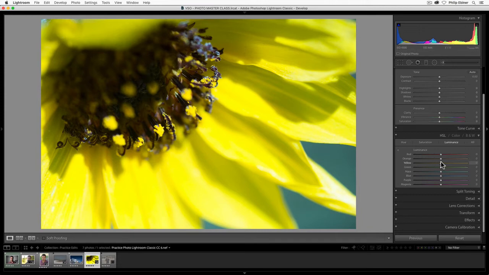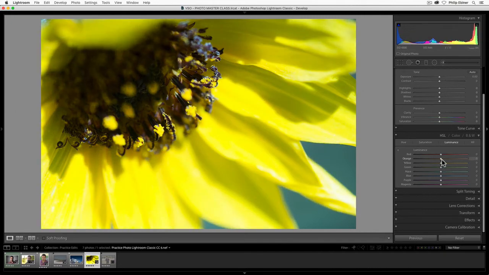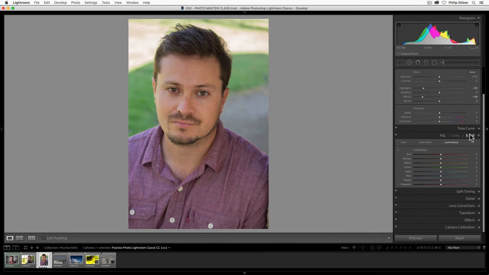So if we want all the yellow to be a little bit darker, we can drop down the yellow slider. Brighter, we can bring it up. So this is a cool example. Let's go to this photo because this one has multiple colors where we could say we want to make the background desaturated, this green, but the red pop a little bit more. Let's go to our saturation and bring down the green. And then for the red, let's bring the red, maybe more like the magenta, up just a little bit.